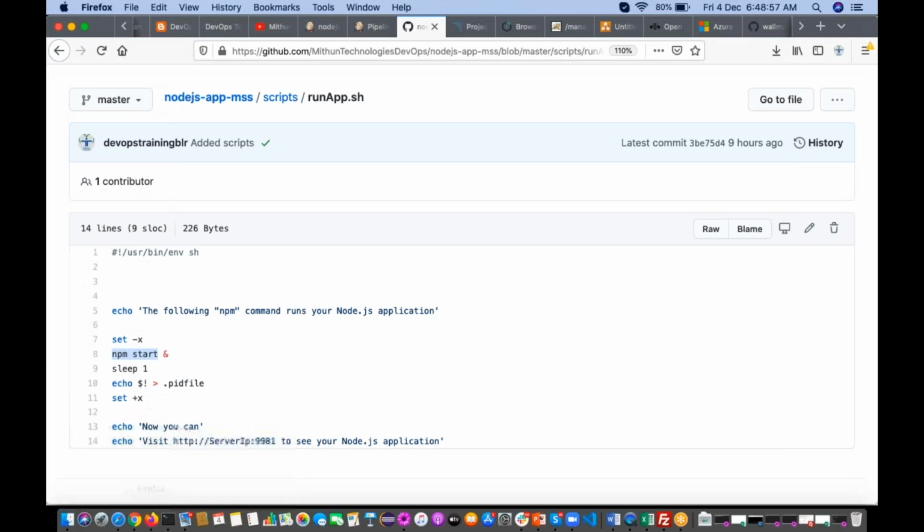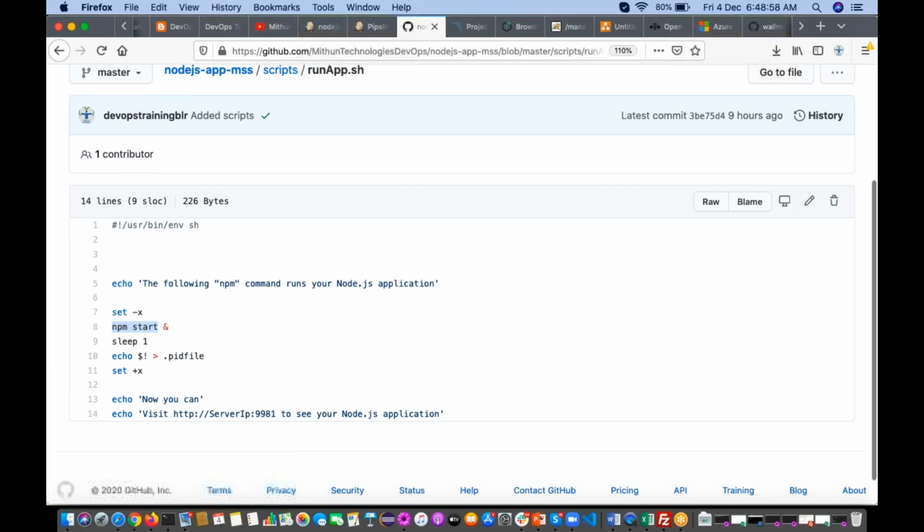Okay, so I'm going to run this one. See, sleep 1. So sleep is going to wait 1 second. Then here we have dollar exclamation mark. See, we are running this Node.js application in the background, and I want the process ID of this Node.js application. You can get that process ID using the dollar exclamation mark. See, this is the extra one you learn, along with the command line arguments and the special symbols. You learn this one also today, right?